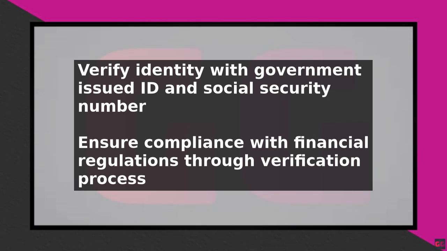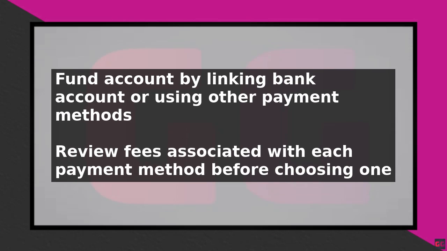Once your account is funded, you can apply for a derivatives account. To do this, go to the account settings and select the option to enable derivatives trading. You will need to acknowledge that you understand the risks associated with derivatives trading and agree to the terms and conditions. Robinhood will then review your application and may ask for additional information to verify your suitability for derivatives trading. This is to ensure that you understand the risks and are eligible to trade derivatives.